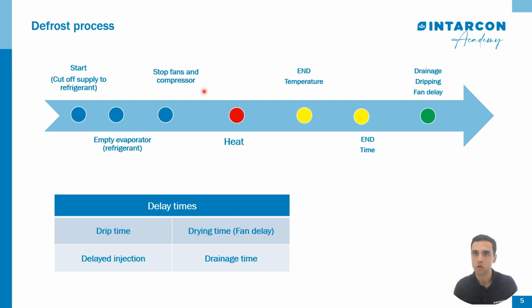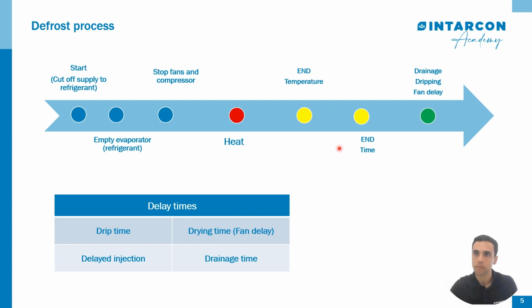In addition to stopping the compressor, the fans are also shut down to prevent hot air from flowing to the room during defrost. Next, heat input. Regardless of the method of defrosting, the main principle is to provide heat to the accumulated ice in order to melt it. This heat can come from different sources.